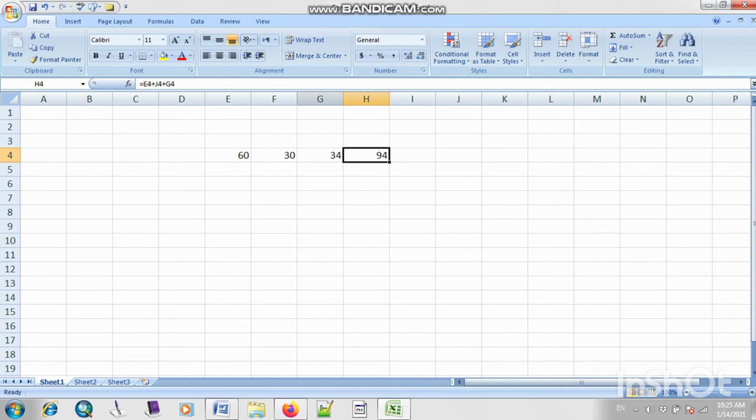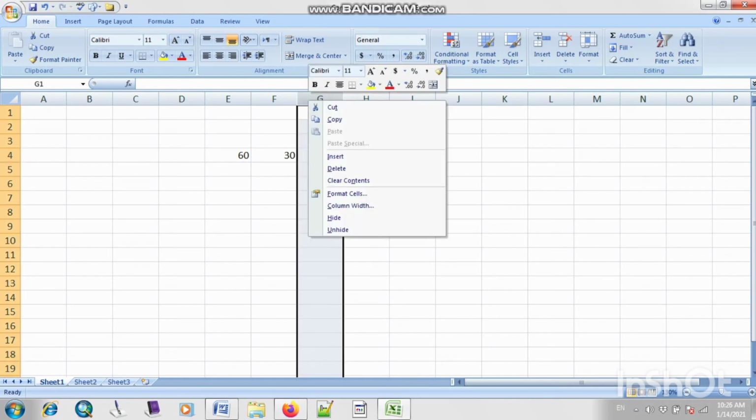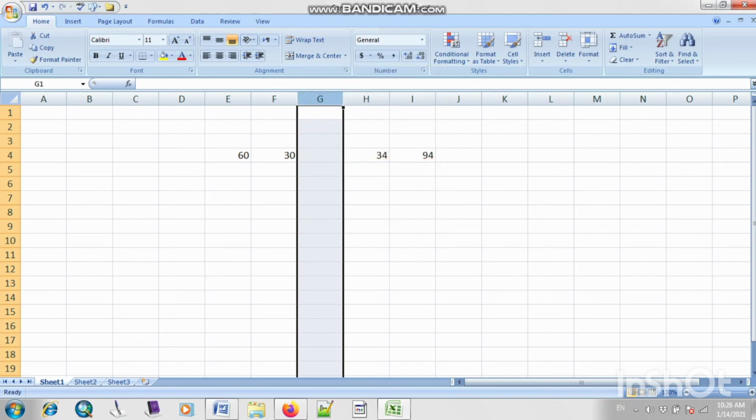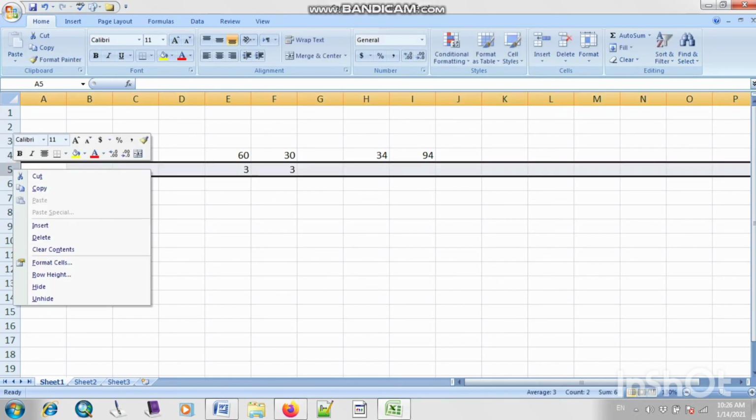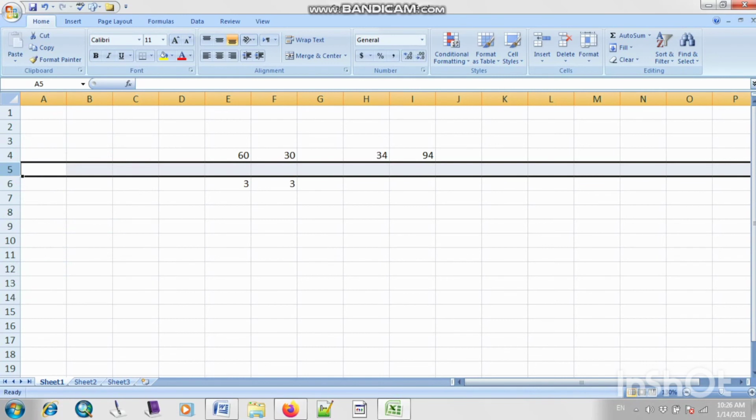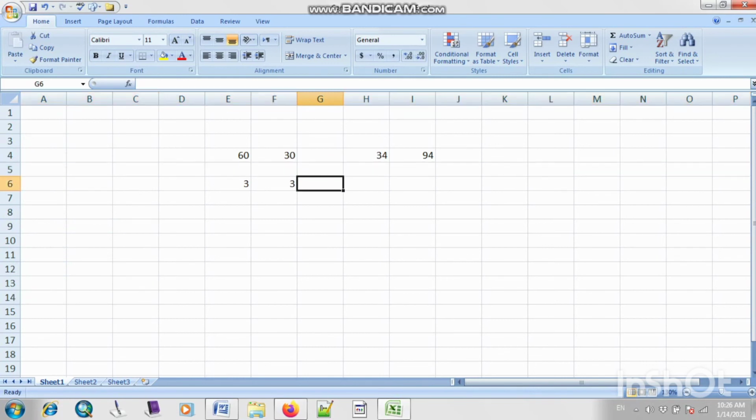I will click on this option of add column. I will right click. As you can see, the option of insert. I will click on this option, and as you can see, the column is automatically inserted. Okay. Similarly, if you want to add a new row, let me type some data here, and I want to add a new row. I will click on this option of insert, and as you can see, automatically a new row will be inserted.